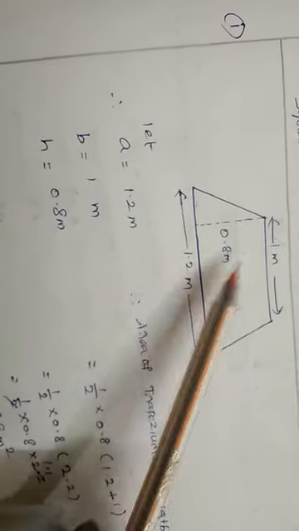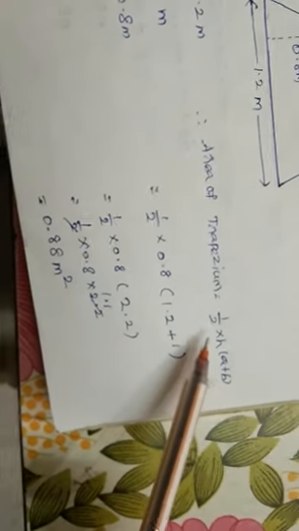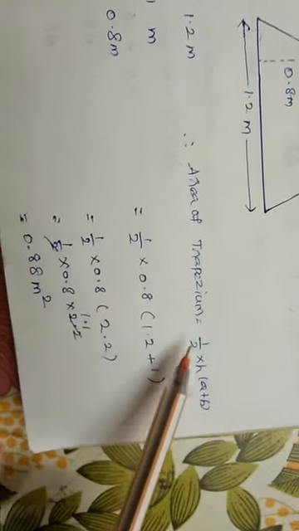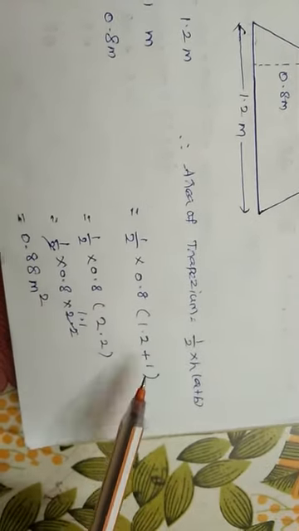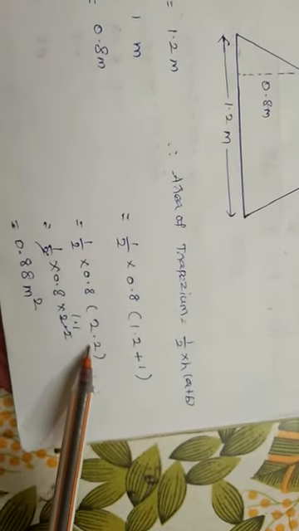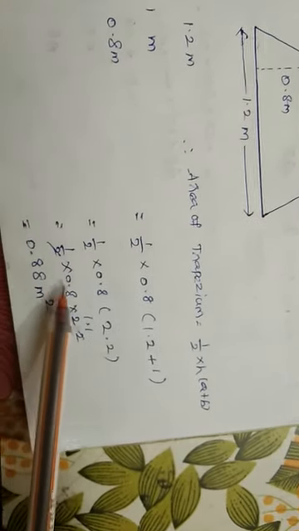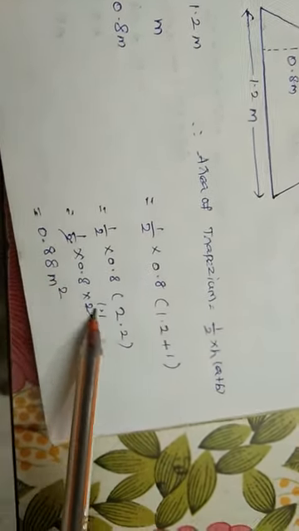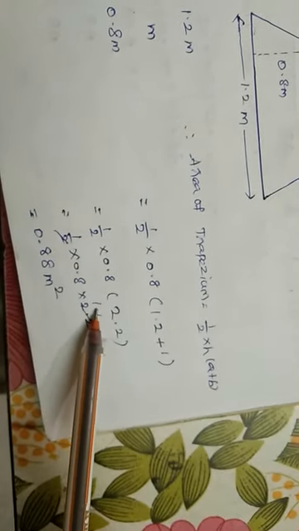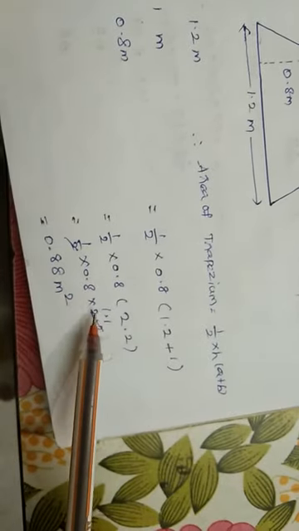So let a equal to 1.2, b equal to 1, and h equal to 0.8 meter. Now area of trapezium equal to 1 by 2 base into height, 1 by 2 h into a plus b, 1 by 2 h value 0.8, substitute the value 1.2 plus 1. Don't change anything. Now 1.2 plus 1 is 2.2. So all are product form, no? So you can cancel any one. So 1.2 into 0.8 into 2.2, you can cancel by 2. For 2, 1; for 2.2, 1.1. Now the product is 0.8 into 1.1.